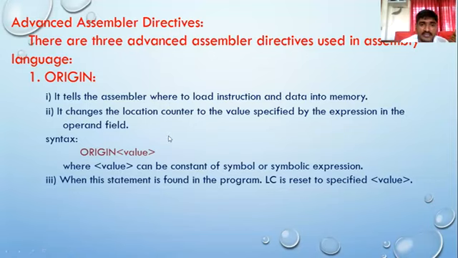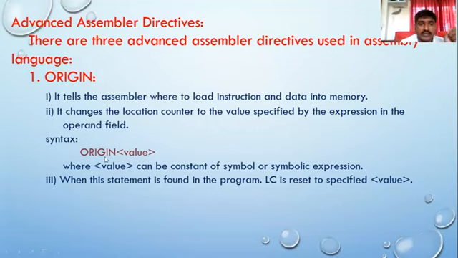Suppose we consider the expression A + 5. A is the mnemonic which is already defined in your assembly program and it has a particular memory location. A + 5 means we add the memory address of A with the constant value 5. We consider one number. Accordingly, we consider this particular expression.